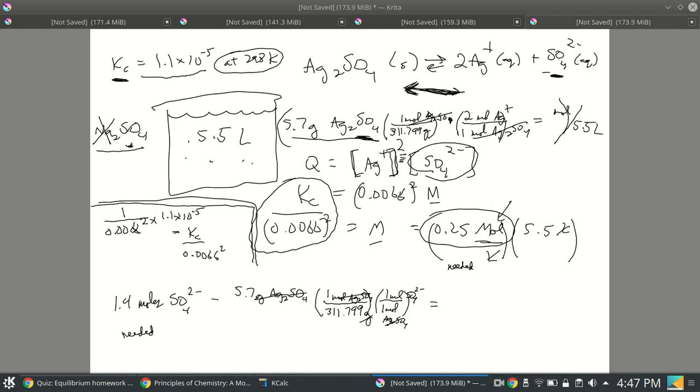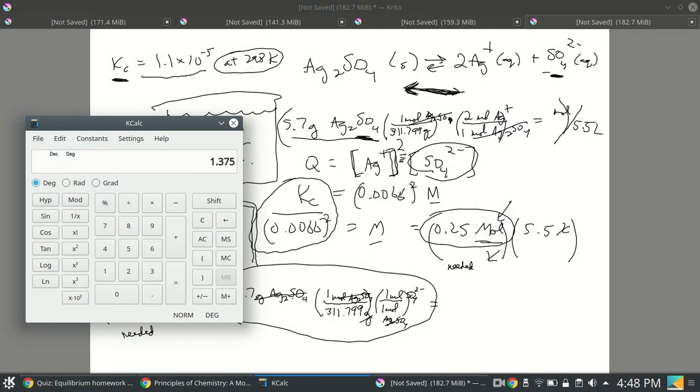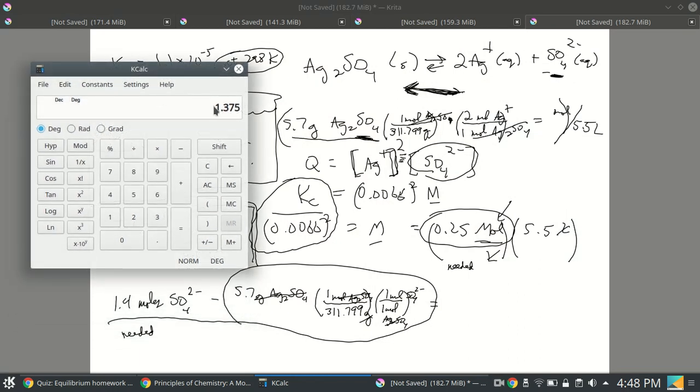So now, I do 1.4 minus, where's the pen? Okay, here it is. So 1.4 minus whatever number of moles this multiplication and division gets me, okay? Now notice, when I do this on the calculator, I do not clear the display and type 1.4. No, I'm just going to leave this excessively precise number here, and then I'm going to type a minus sign, and 5.7 divide 311.799 times 1, which nobody has to actually do, and I will get